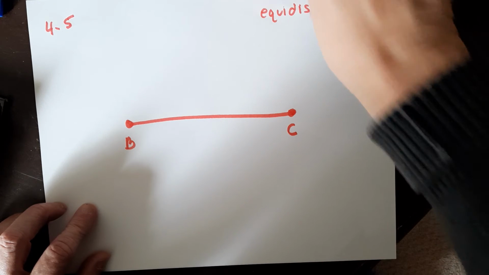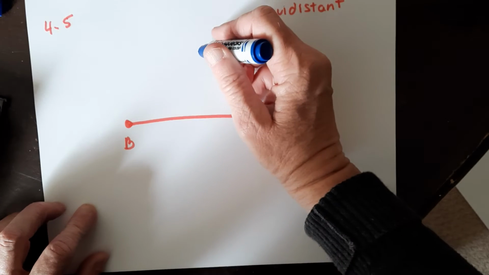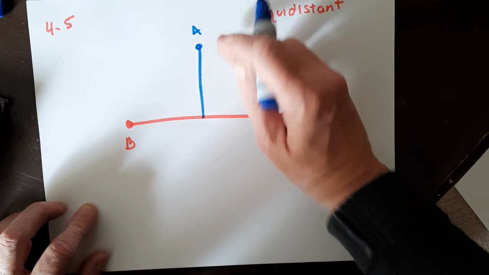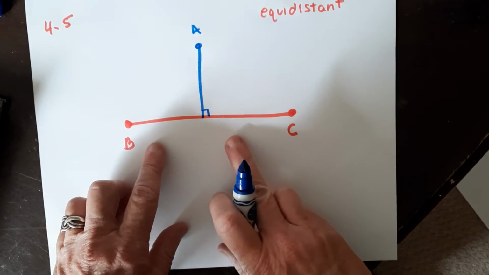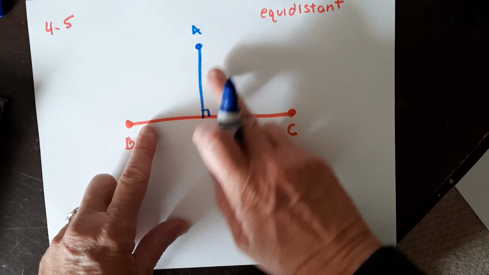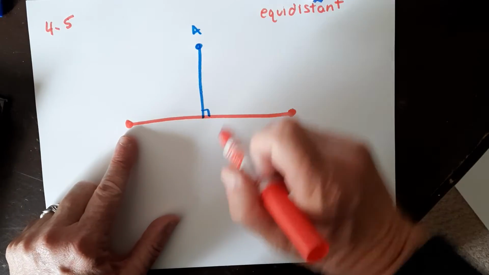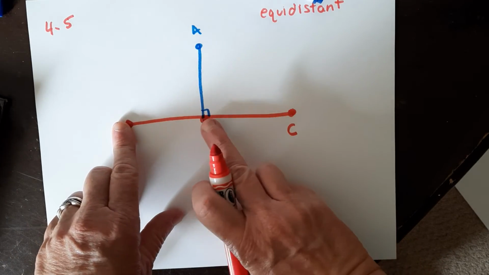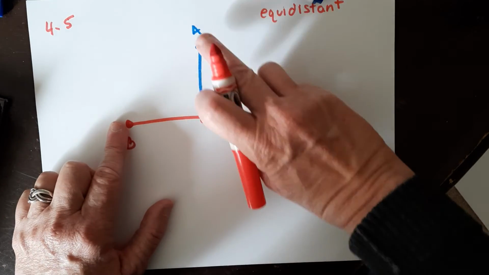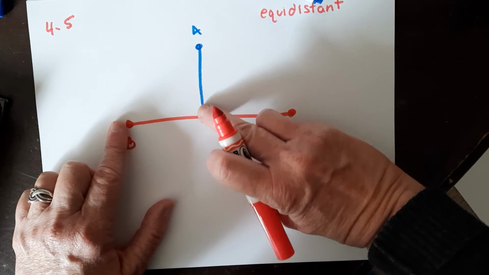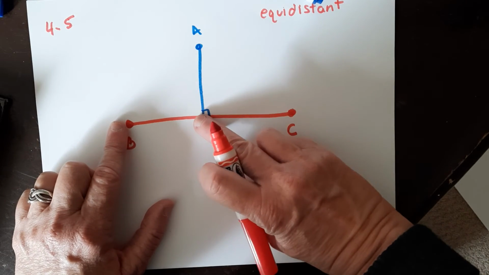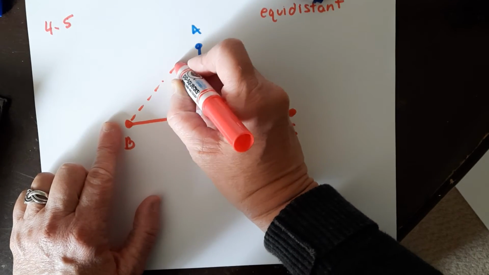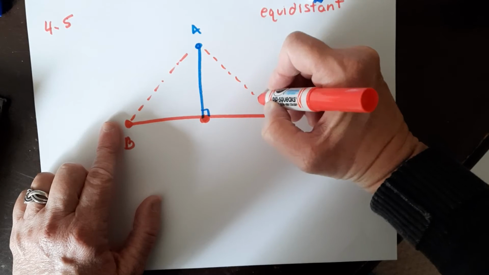So all that means is we first need a perpendicular bisector. So we're going to do this, and we'll call this A. This hits the perpendicular bisector. Since it's the bisector, it needs to hit BC where it would cut BC in half. So if point A is on the perpendicular bisector, if it's perpendicular to this line and it bisects this line in half, then the distance between A and B is the same as the distance between A and